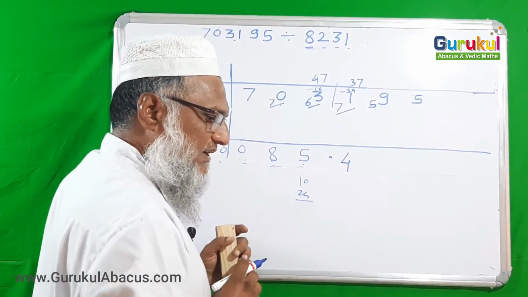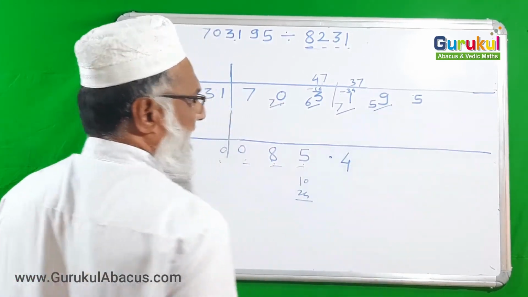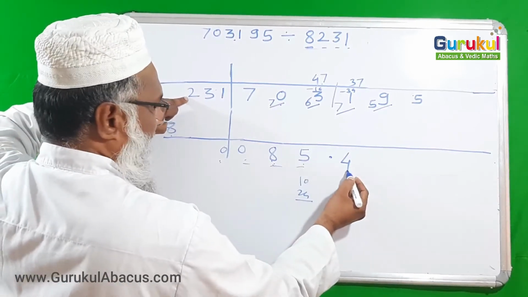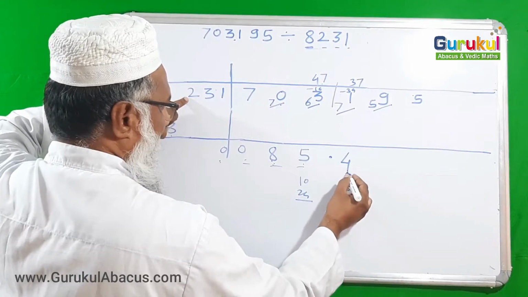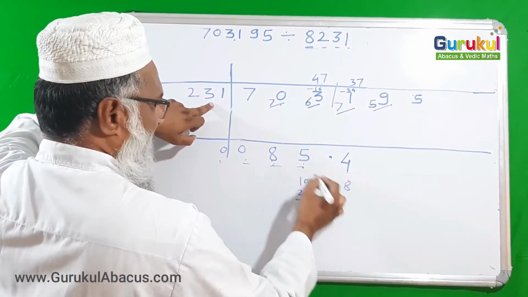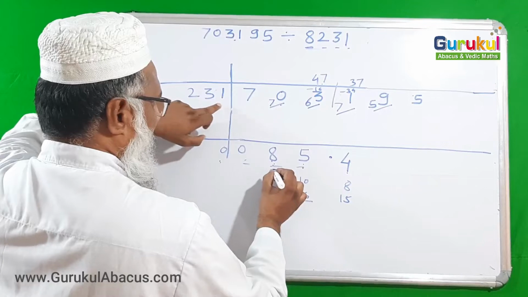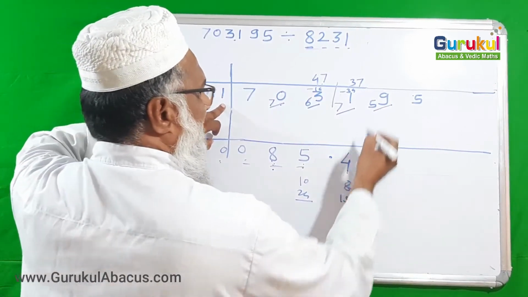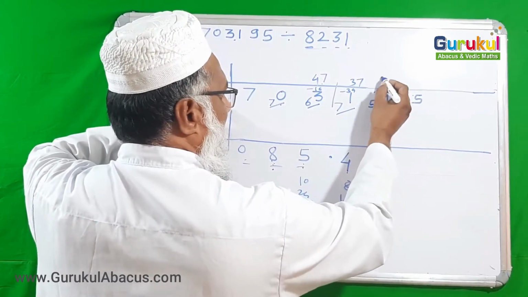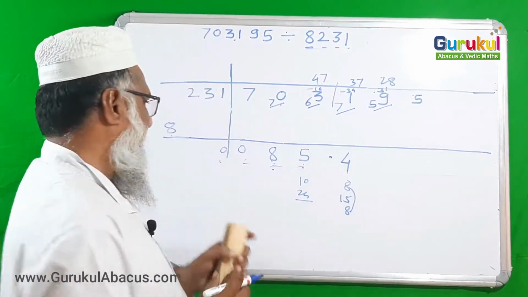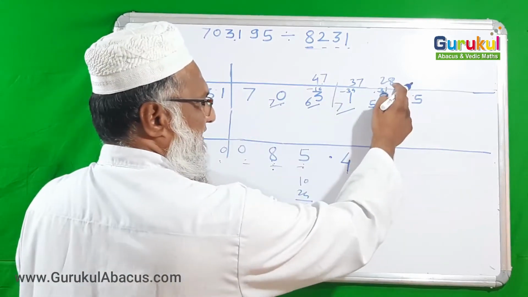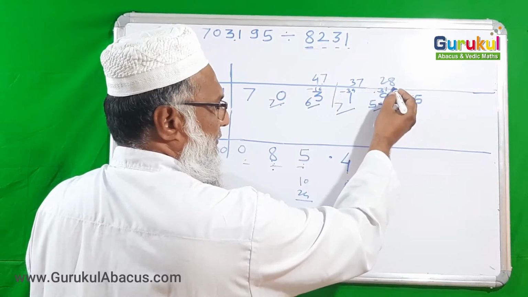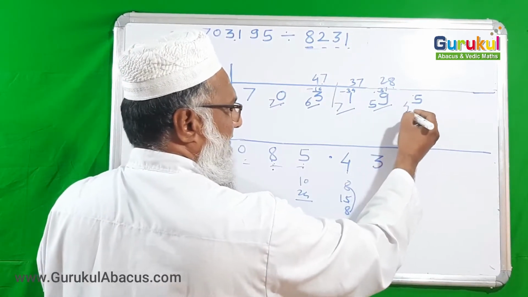Next here I have got 59, and so now I have all those 3 digits. So now what to do? 4 2s are 8, now middle digits 5 3s are 15, and then 8 1s are 8, all those 3. So 8 and 8 is 16 and 15 is 31, I should subtract from it. So I am getting 28. Now 8 3s are 24 is suitable, 8 3s are 24. If I subtract 24 from it, I am getting 4, that I am writing here.